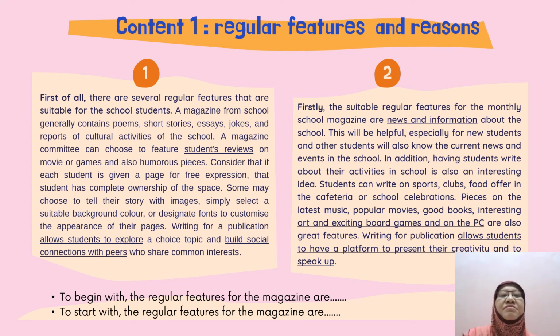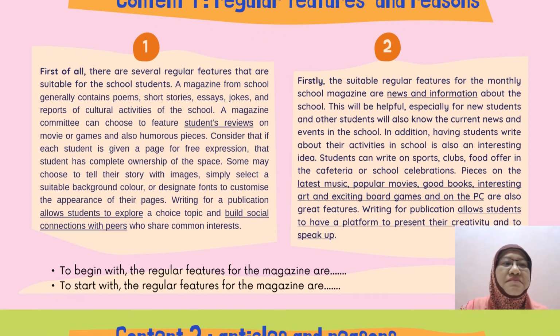And you continue. The second sample. Firstly, the suitable regular features for the monthly magazine are news and information about the school. And you continue. Alternative ways to start writing your contents are: to begin with, the regular features for the magazine are; to start with, the regular features for the magazine are